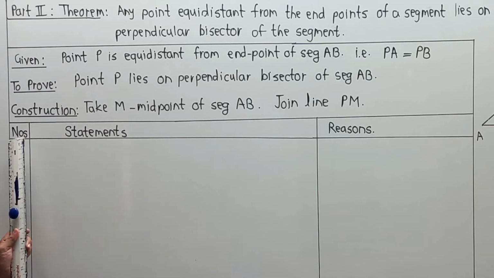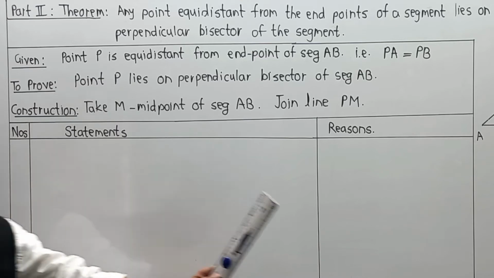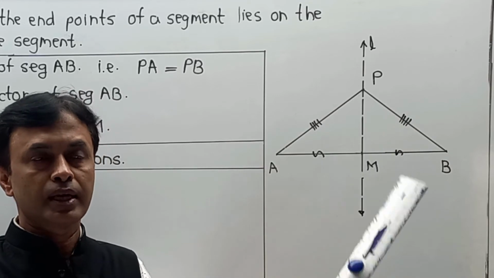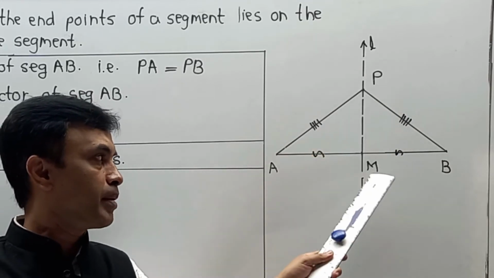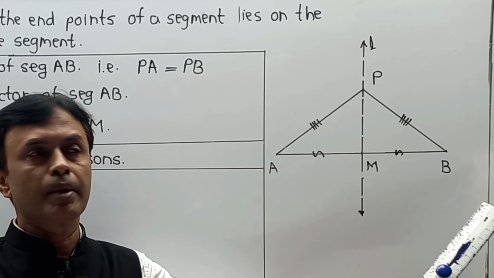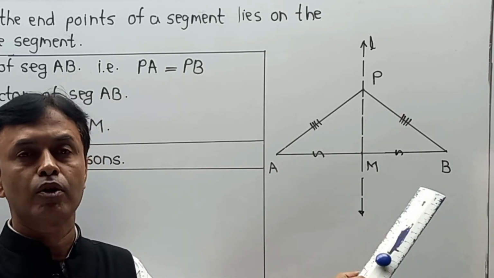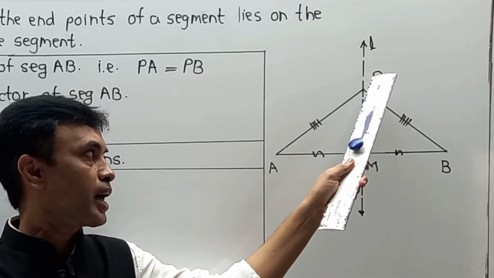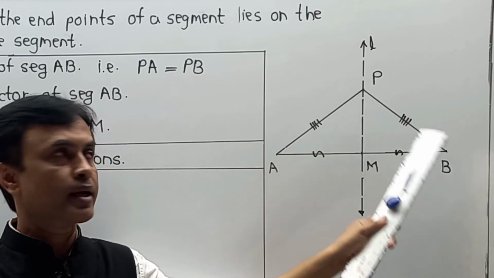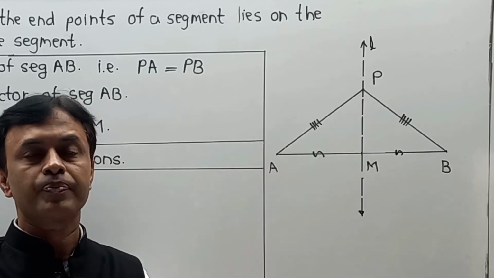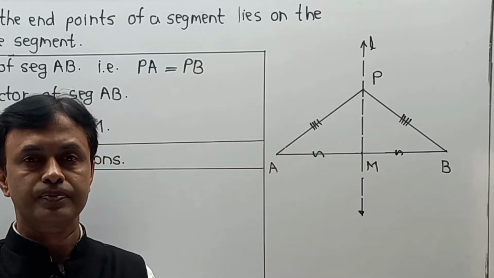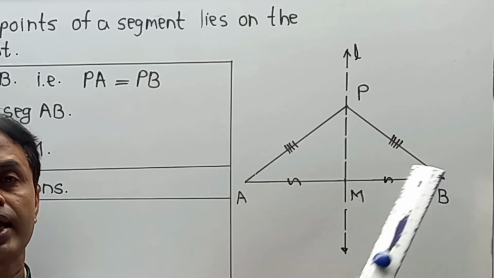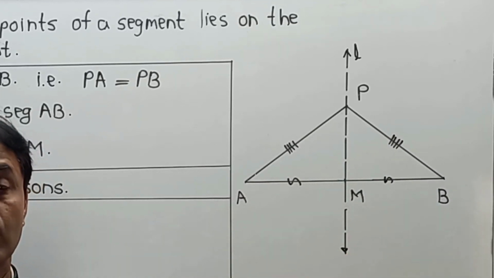Now we are going to write the answer in the form of number, statement and reasons. But now try to understand how we are going to show that part. Remember, our target is PM is perpendicular to AB because it is already bisector over here in our observation. Means we have to prove that the angle is 90 degrees over here. Means you can prove angle PMB or PMA, anyone as a 90 degree. Now in this case, naturally we have to show these two triangles as congruent triangles. Now how are we going to show it?